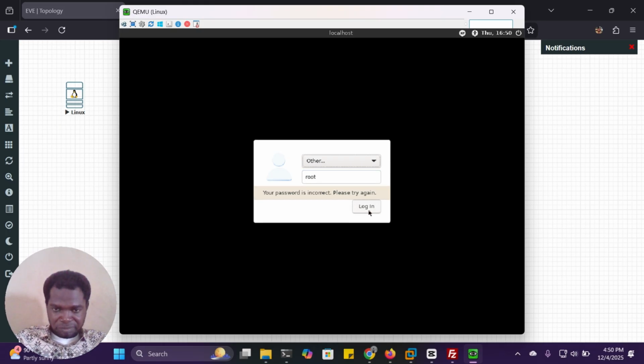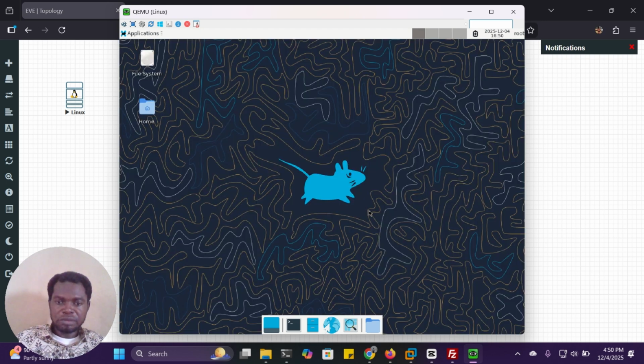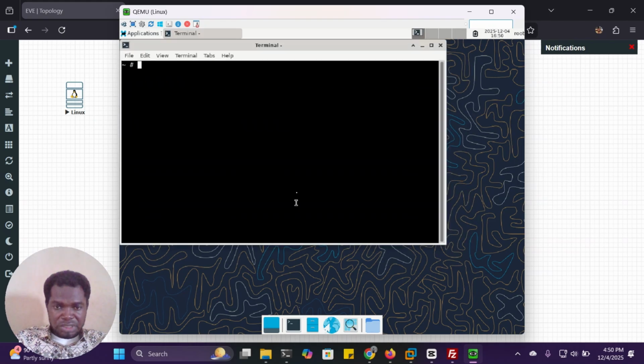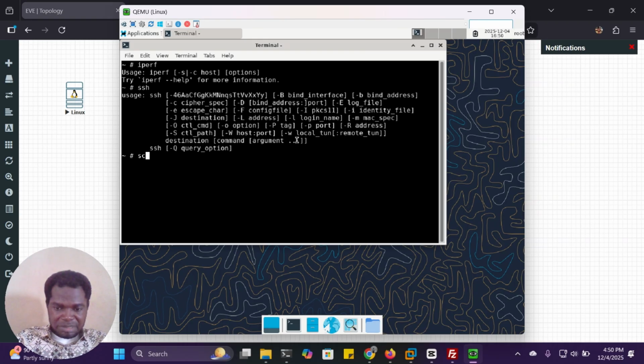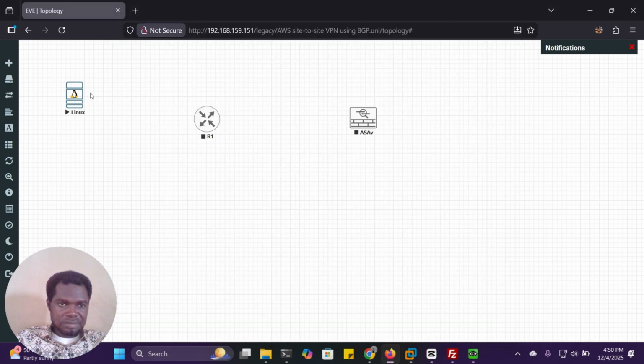So I go root. Okay, good. Fantastic, it's working. Very powerful little tool. It has iperf. It has SSH. It has SCP. It's beautiful. Okay, so that's it.